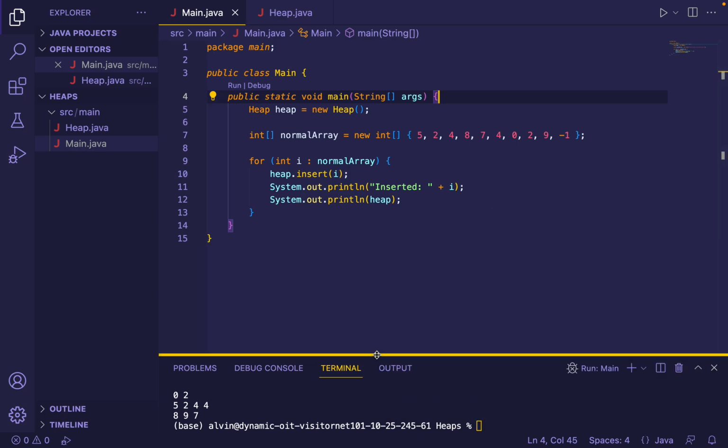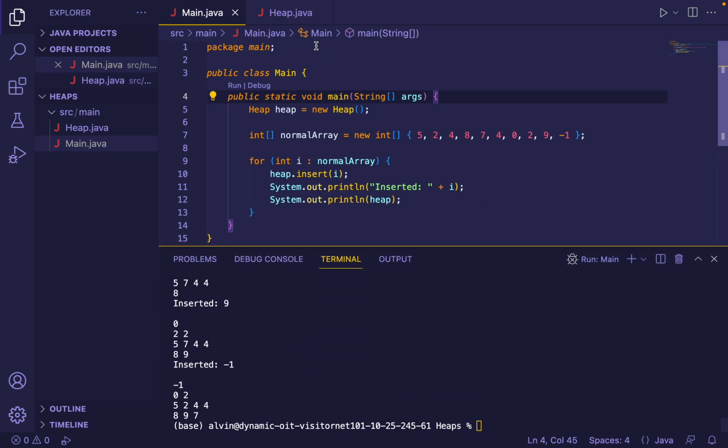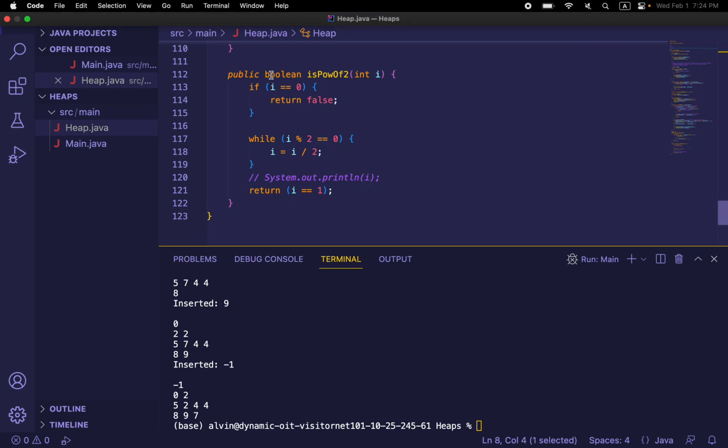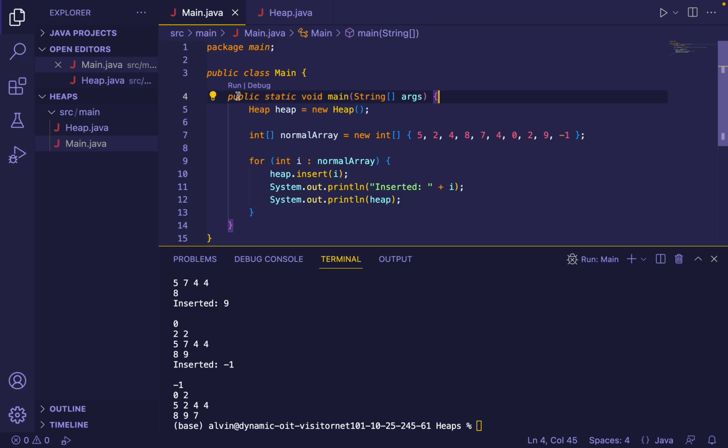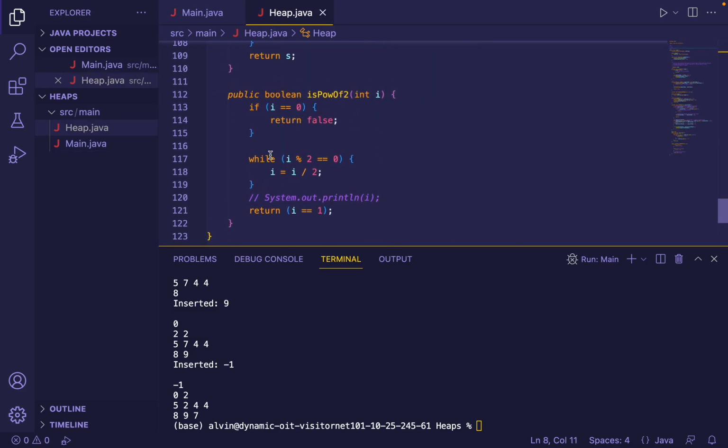And something similar also applies for swimming up. When we make something swim up, we are just constantly looking at one specific value or node. And I guess we can have something called heap sort,